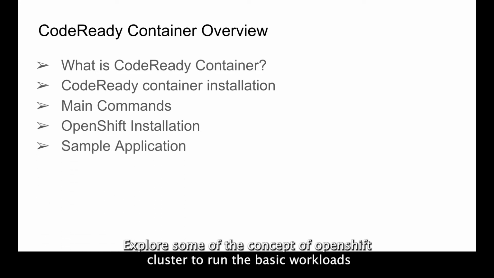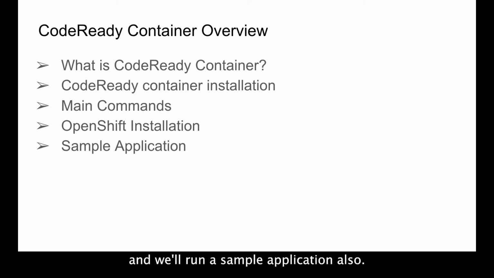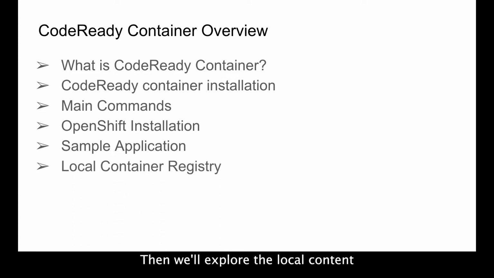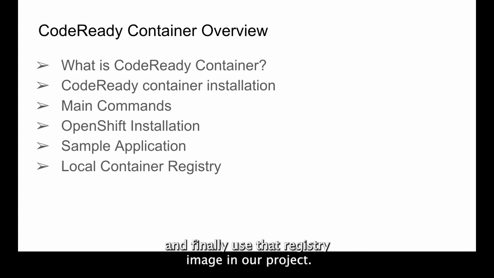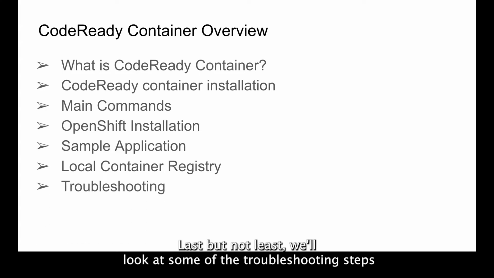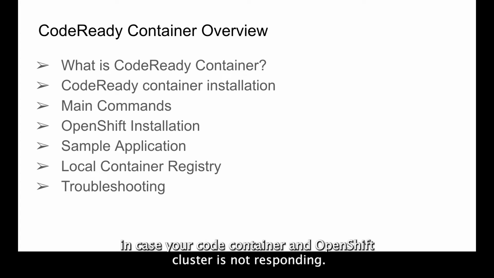We'll explore some of the concepts of OpenShift clusters to run basic workloads, and we'll run a sample application also. Then we'll explore the local container registry, build a container locally, push that image to the local registry, and finally use that registry image in our project. Last but not least, we'll look at some troubleshooting steps in case your CodeReady Container and OpenShift cluster